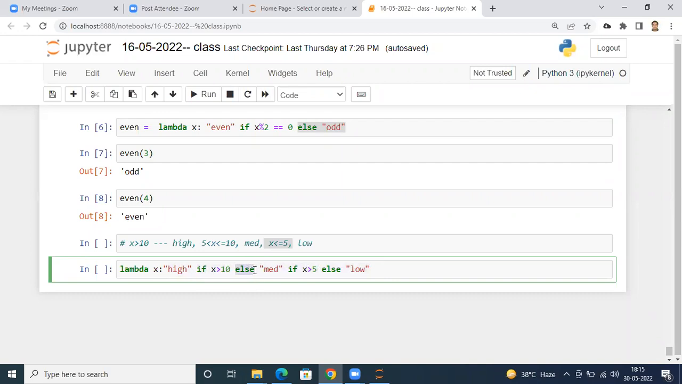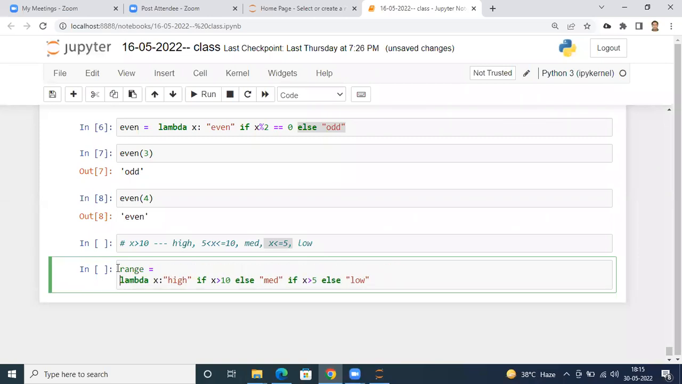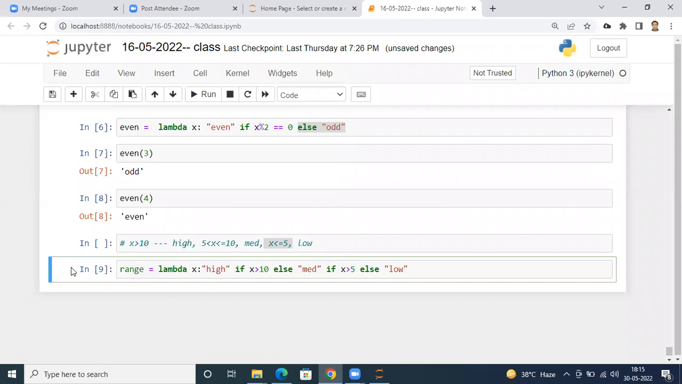Now you will check again. If this condition fails, it means X is guaranteed to be less than or equal to 10. Now it will check: is X greater than 5? If that is the case, immediately medium will be returned. But even if this fails, I will put this condition. So if I assign it to someone, suppose I say range equals to this, just a second, execute and call